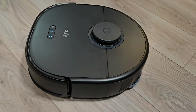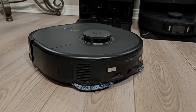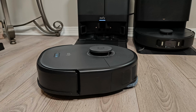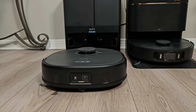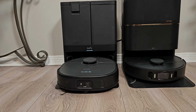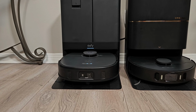The last pro I will mention is that eufy allows you to set the robot to return to the dock for an auto empty after a single cleaning job or after every 15 minutes. The last option will help make up for the smaller internal dustbin, and for pet owners, it is the one I suggest using. In conclusion, the eufy X10 Pro OMNI gives you everything you want in a full-featured robot vacuum,